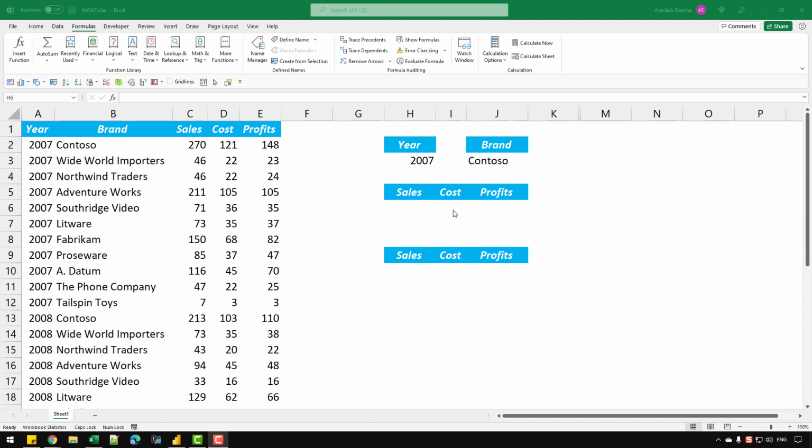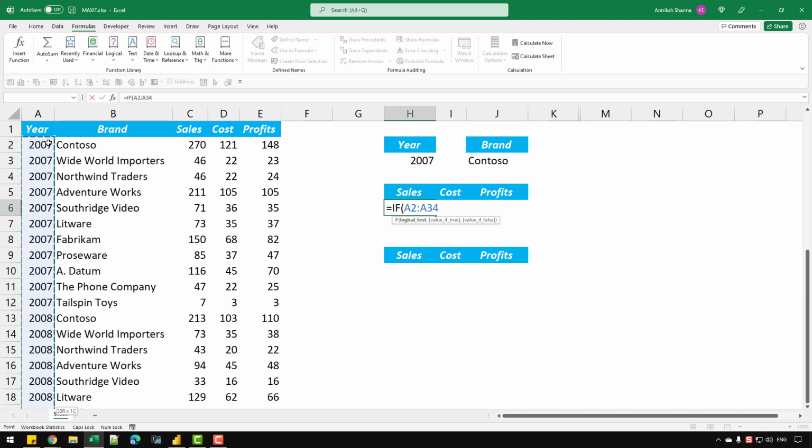So first let's start with a basic example. I'm only going to use one of these two values, and in this cell I'm going to write equal to if, and what I'm going to do is simply do a boolean operation in the first cell. So I'm going to select my column A, and let's go back and lock that range, and I'm simply going to check that if anything in that is equal to the year. So I can write equal to and the year, and I'm going to lock this cell so that when I move the code towards the right, the range doesn't change. And let's press F4 to lock that.